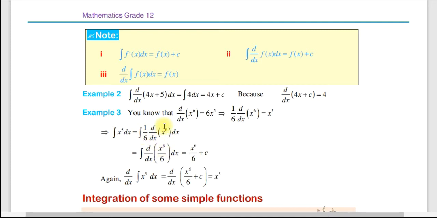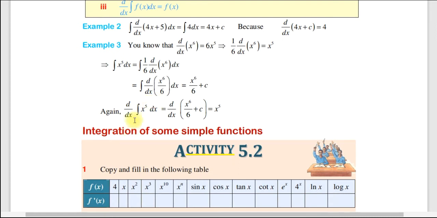ምን ይሰጠናል ይችን ወደ ውስጥ እናስገባት 1 over 6 x the power of 6 over 6። ስለዚህ ምን ይሆናል 6x power of 5 ማለት ነው፣ 6 በ6 ይጣፋልናል። ከዛ መልሰን ኢንተግራል እናደርጋለን ማለት ነው፣ ኢንተግሬት እናደርጋለን። ስለዚህ x power of 6 over 6 plus c ይመጣልናል ማለት ነው።